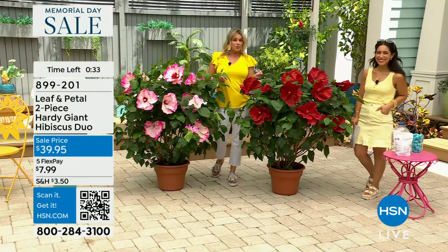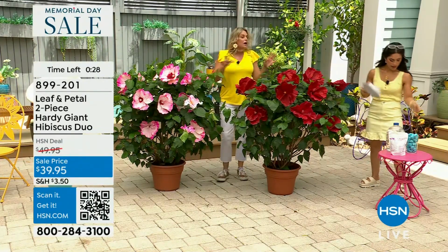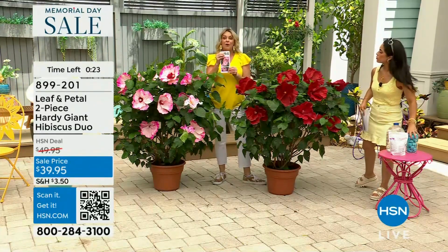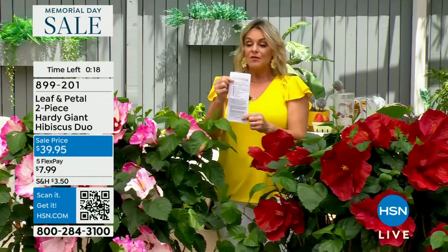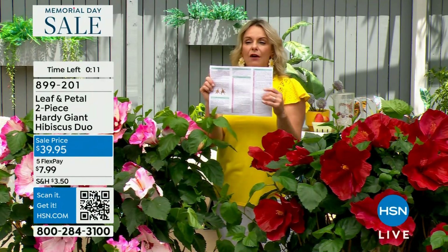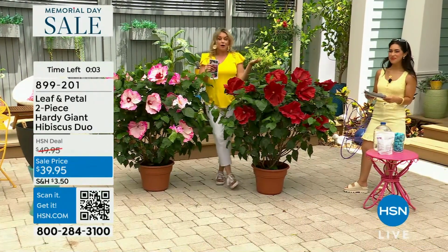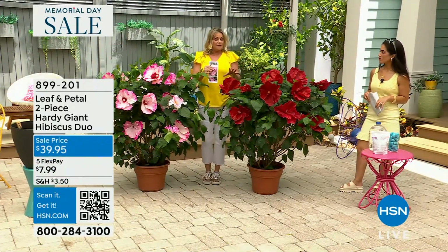And if you have any problems with it, we always have a planting guide, and it's usually tucked away in here somewhere. Yeah, we have it right here. It's plant specific, so this is all about our hardy hibiscus. And there's even a 1-800 phone number on the back, so if you have any questions or concerns, we've got your back. It'll tell you how to use that bare root, how often to water it, how to take care of it. Because again, our reputation depends on you succeeding. Because we know if you love your plants, if they perform well, if they're unique, if they're special, if they give you